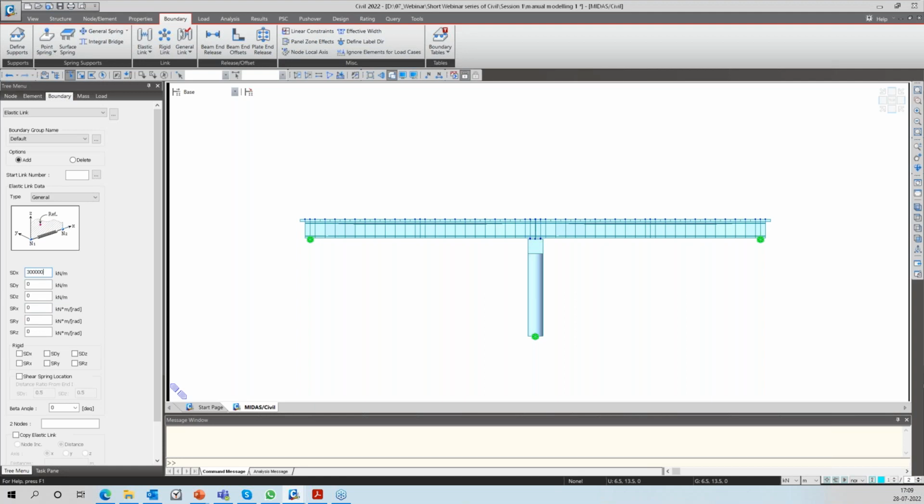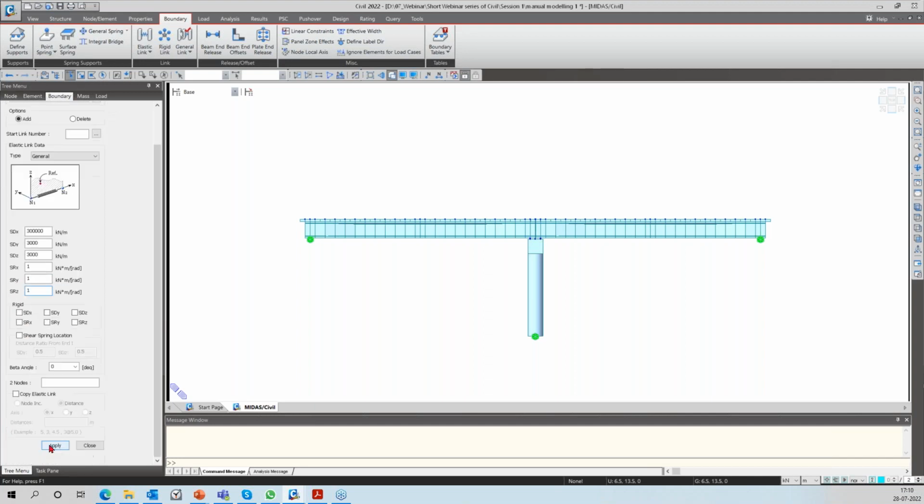I'm giving 300,000 as the vertical stiffness because we are going to model it straight way up. And there will be certain stiffness. I'm giving 3,000 and 3,000 for the transverse directions. And here I'll provide just one value for the X, for the rotational stiffness. All right, I'll use this copy feature over here